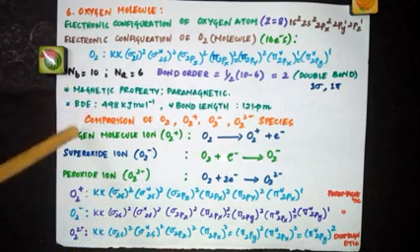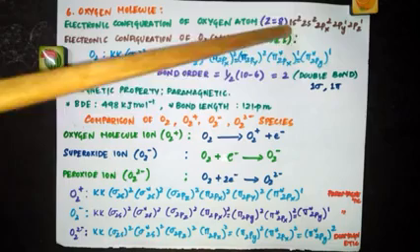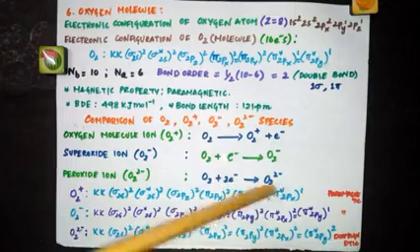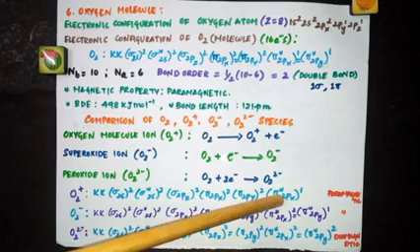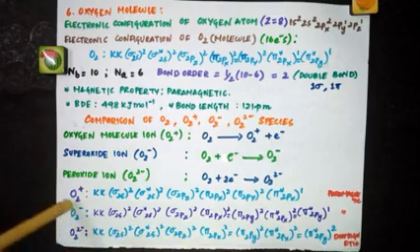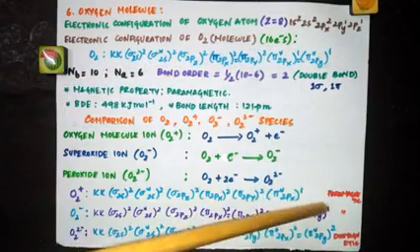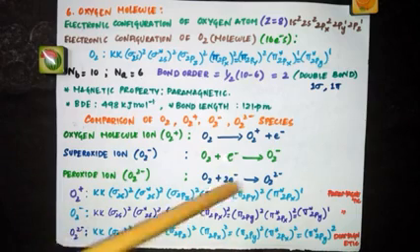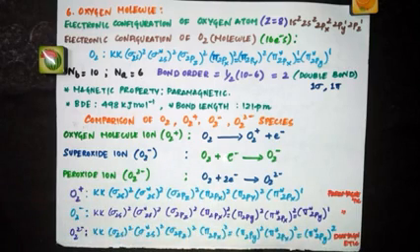Now, when you see the magnetic property of oxygen, it was paramagnetic because it had unpaired electrons. See, O2 plus, what will be the magnetic property? We have removed one electron, but still it has one unpaired electron. So again, this is paramagnetic. Same way, when you take O2 minus, we have added one electron. So this paired up, but still we have one more electron. So this is also paramagnetic. When it comes to O2 2 minus, we have added two electrons. So now all the electrons are paired. So O2 2 minus is diamagnetic in nature.